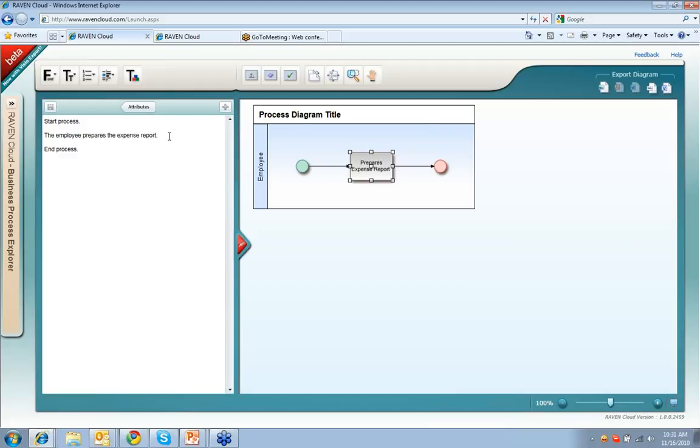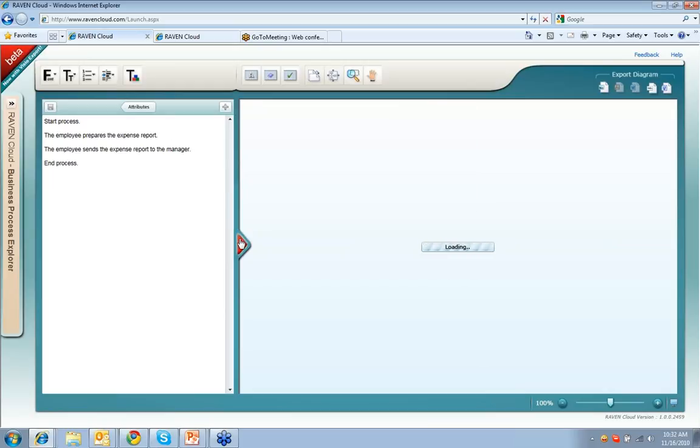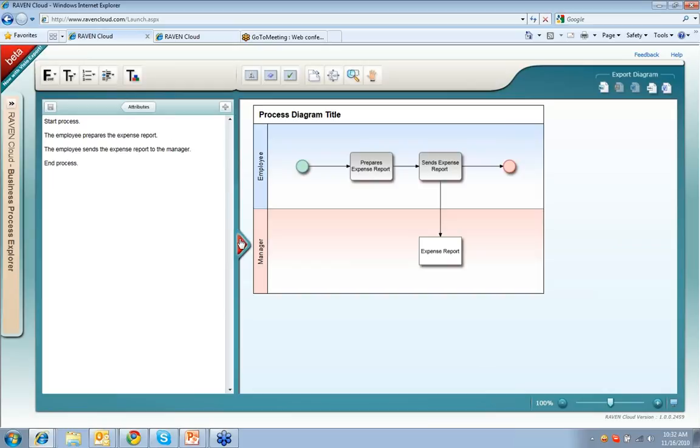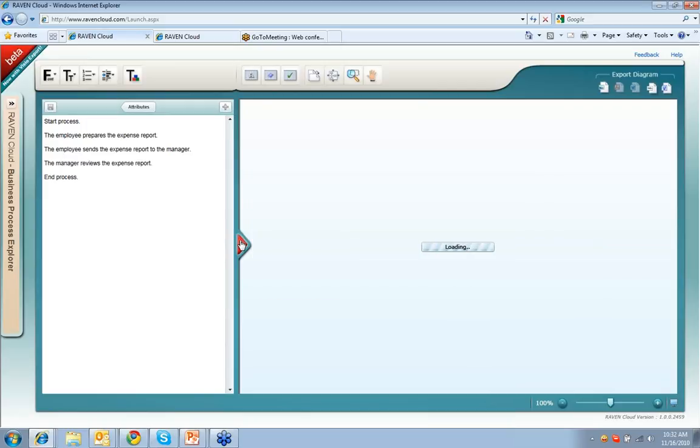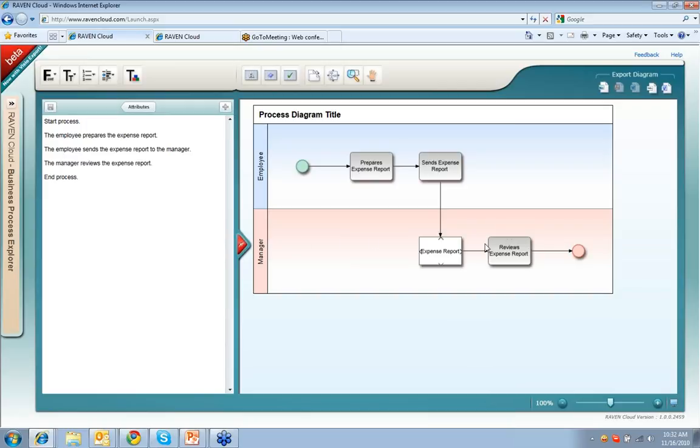And you can extend this and say, well, okay, so the employee sends the expense report to the manager, right? And now what you'll see is the introduction of a second actor in the process called the manager, who's actually receiving the expense report, right? And then if you go on, you could say the manager reviews the expense report, right? And so now you see that manager